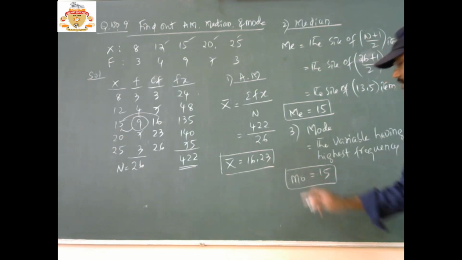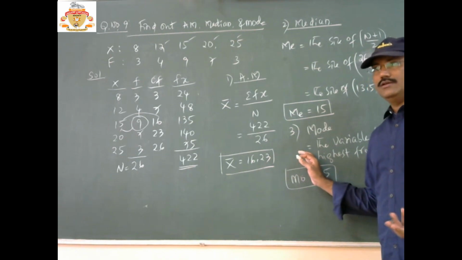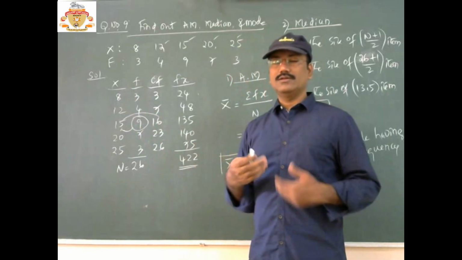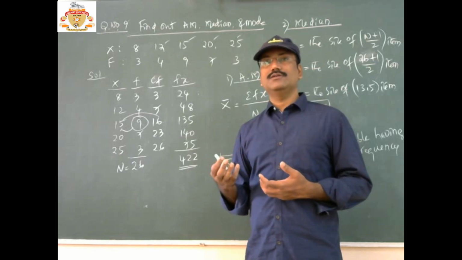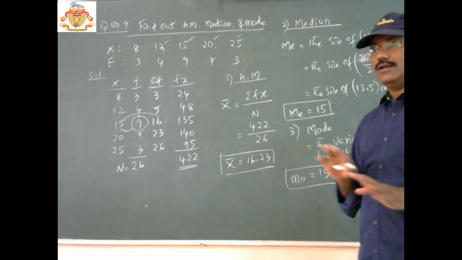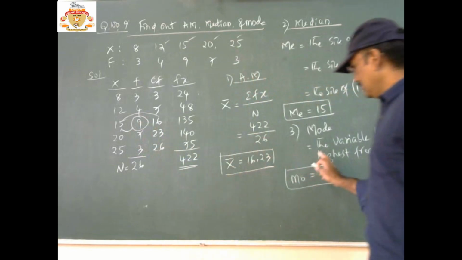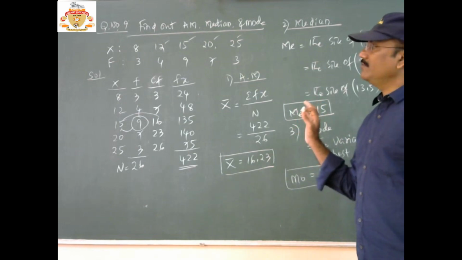So this was the solution of mean, median, mode. I will explain a little regarding the mode. Yesterday we used 3 median minus 2 mean only if the highest frequency occurs more than once, making it difficult to find the mode. If it is not like that, and the highest frequency occurs only one time, then you only use the variable having the highest frequency. This was the solution of your calculation of mean, median, mode.